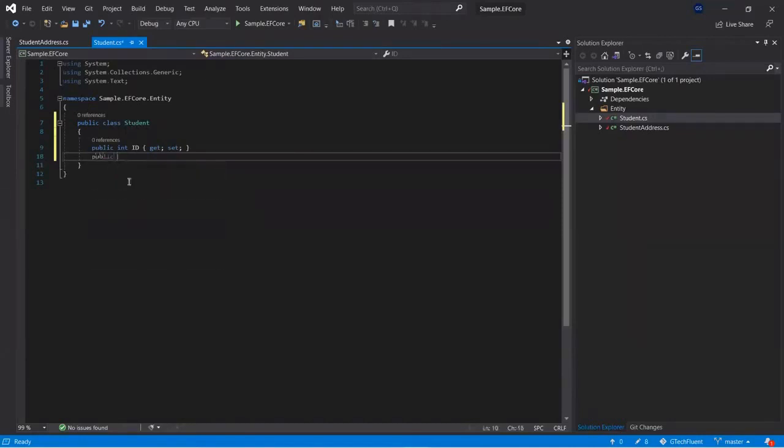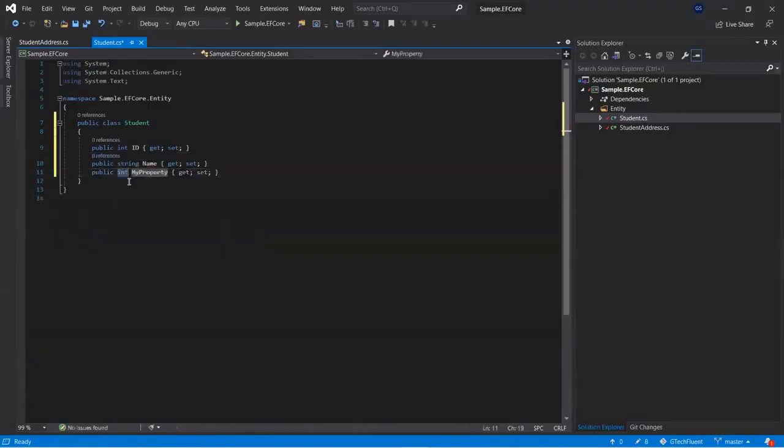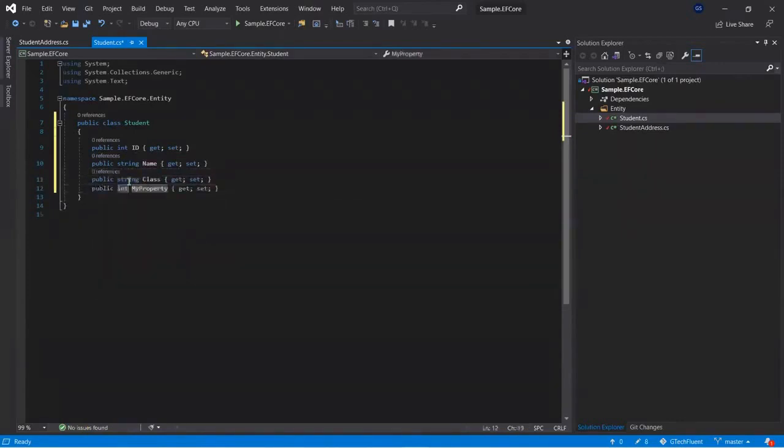Next we require the student name. We require the class. Adding a property the faster way: type prop, string, tab, and we require the class. Press enter, prop. Then we require the age, keep it integer. Then the name of the school, string, tab, name of the school. So now we have designed the table.